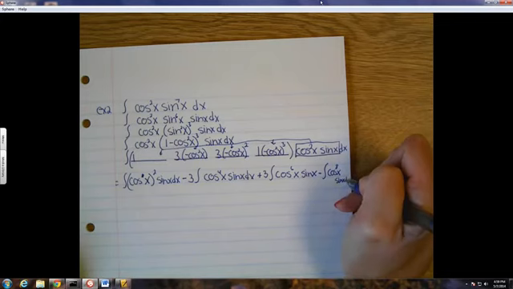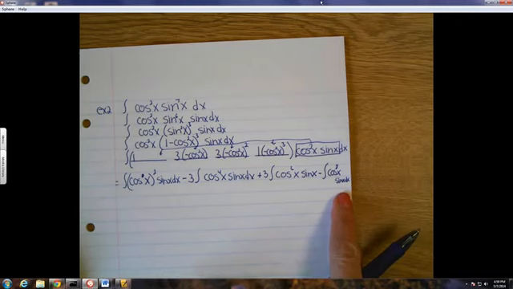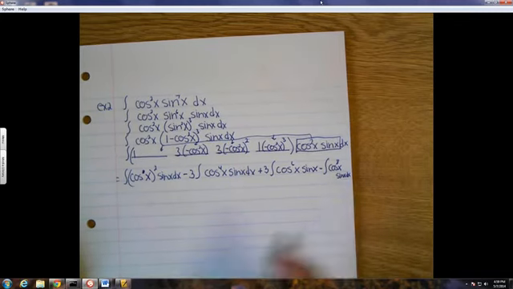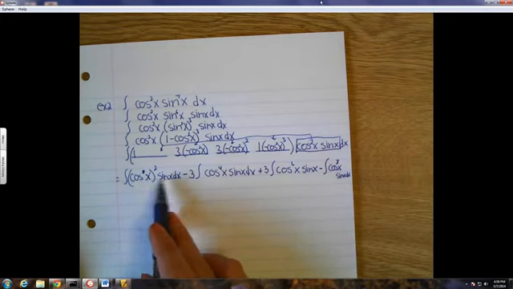dx. Okay, each one of these should now be integrable, but with a power rule. So if I look, I've got an inside to a power. Derivative of the inside, derivative of cosine is actually negative sine, so I need to take